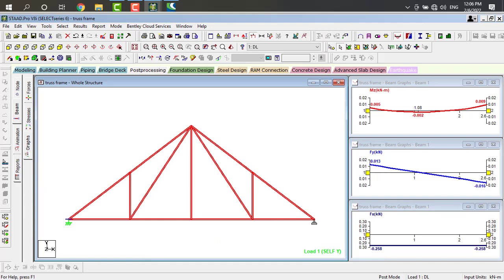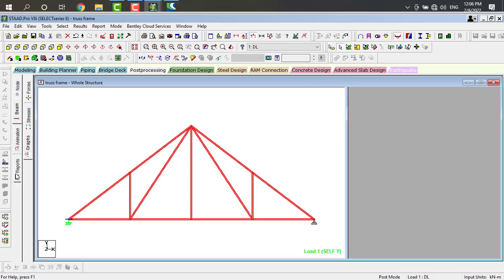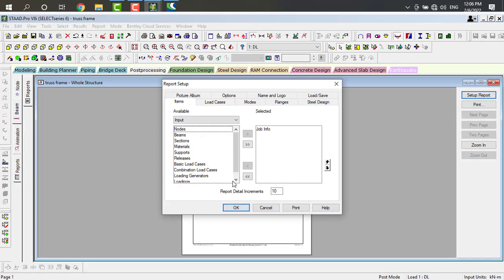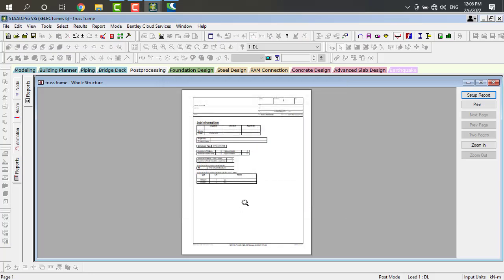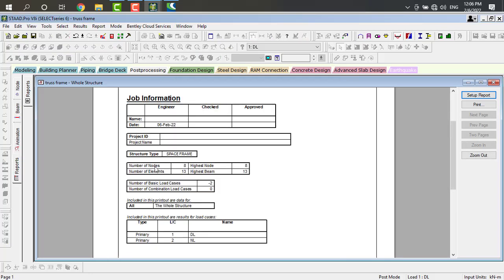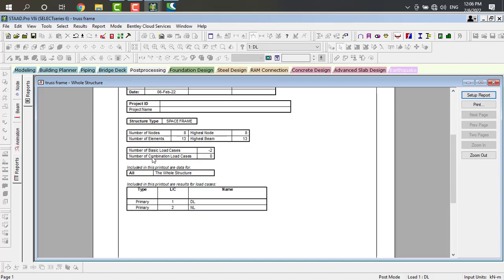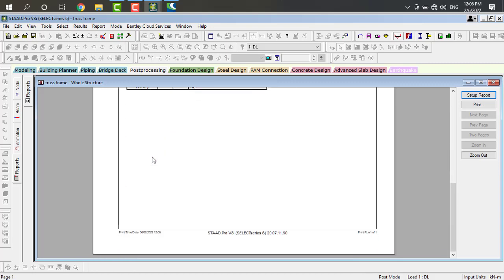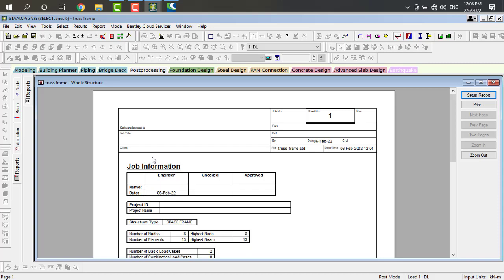Go to graphs. Here it will be visible like this. Here it will be like this. All the reports we can mention here.